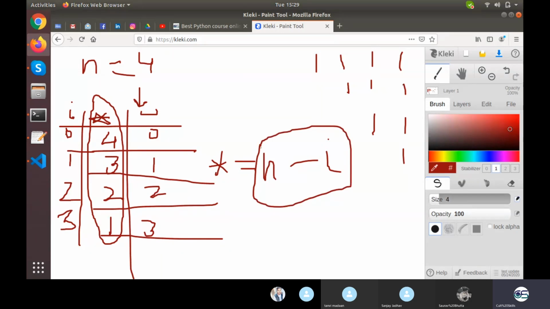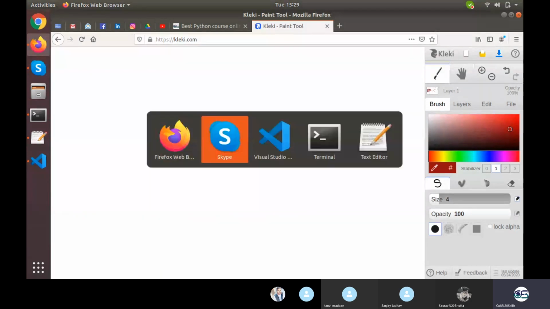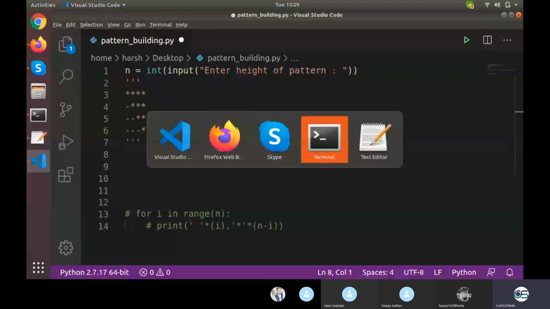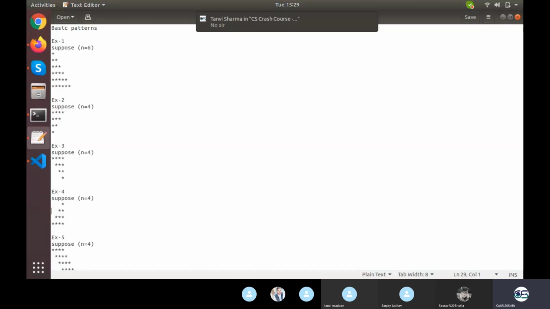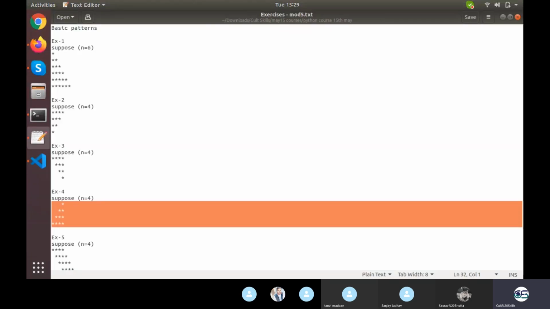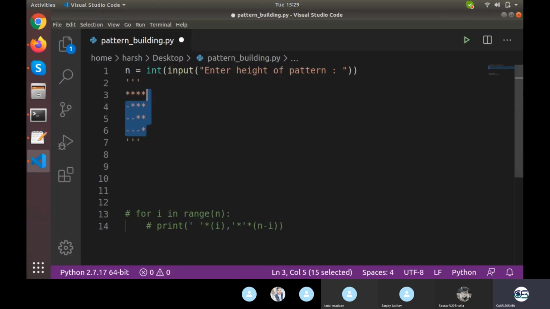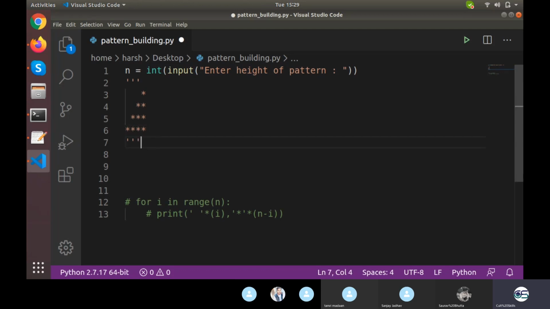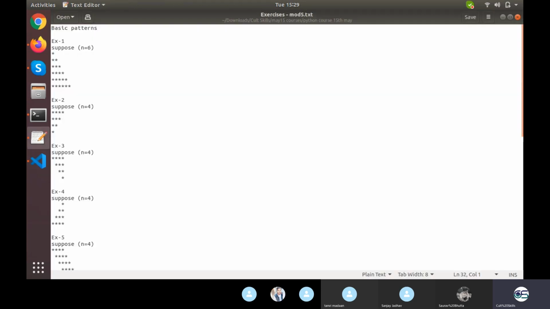Let's see the same thing on the next pattern. Let's develop the next pattern and talk about that one. So we are done with the third one. Now the fourth is this one. We need the same thing onto the right here as well. So then what do we basically need? Let's make a chart.